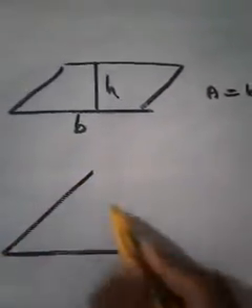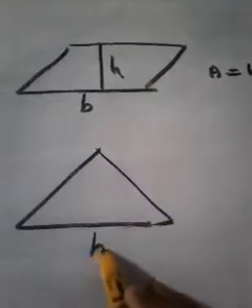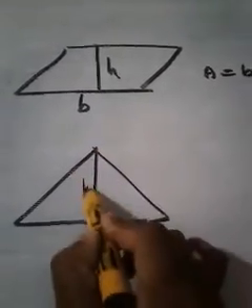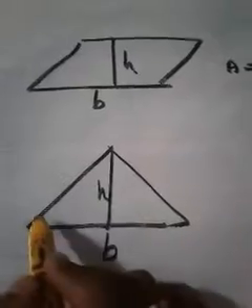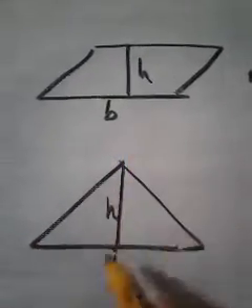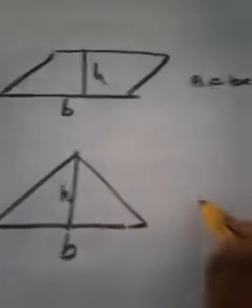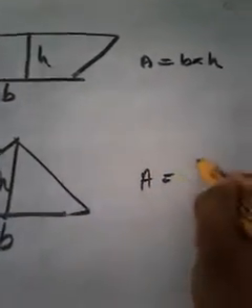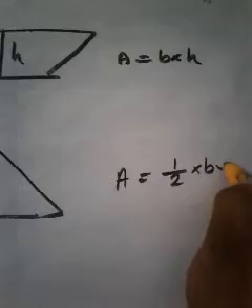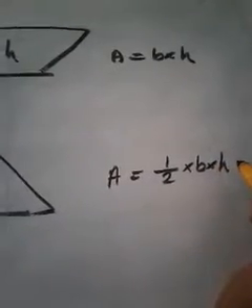And if you consider a triangle, with this as b and this as height, it is the same: if you consider this as base, the height should be towards that base. So then what is the formula for area? Half into b into h is the formula for calculating the area. Then we have discussed that.